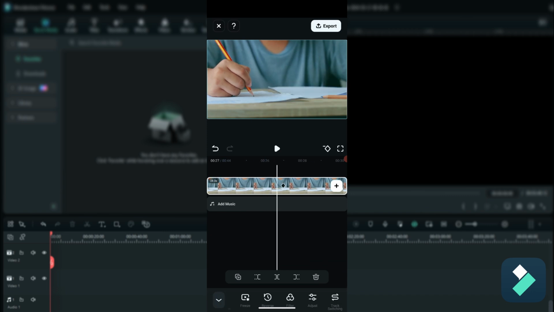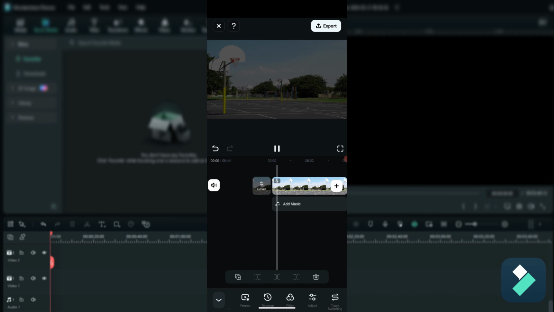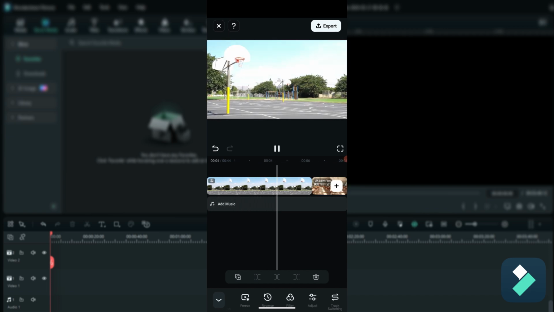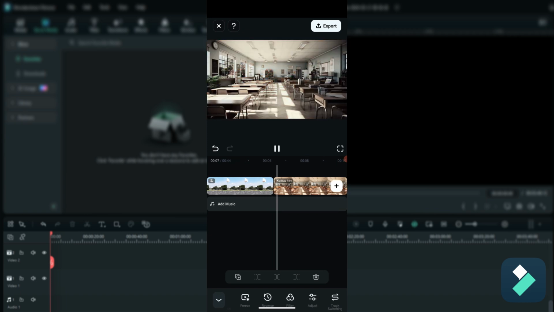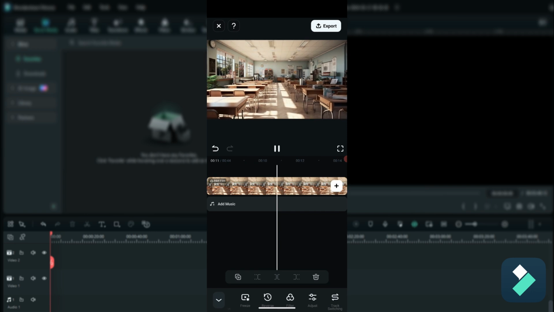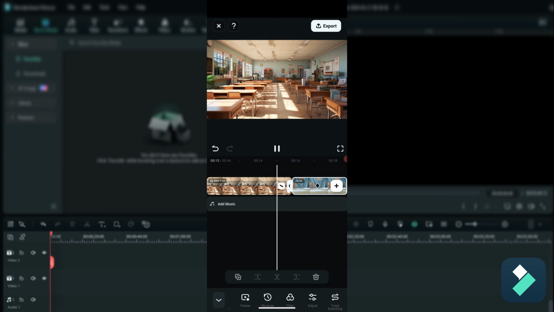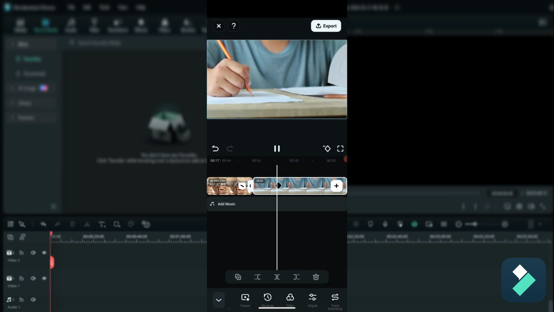So now let's play the video from start to finish. So we've got that dark scene at the very beginning, and then it's lightening up fairly quickly. Then we go into the school scene where we've got the black and white effect, and we've gradually got the color being added along the way. And then the last clip, we've got that cool film effect where it's gradually taking place and adjusting to our video. As you can see, a bit of a darkening effect that's happening. So by doing that, you have a lot